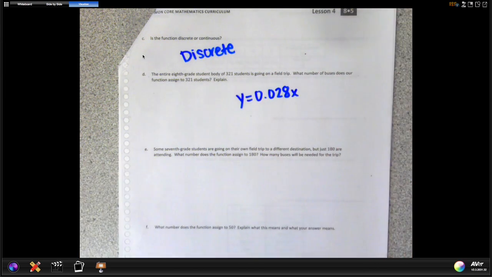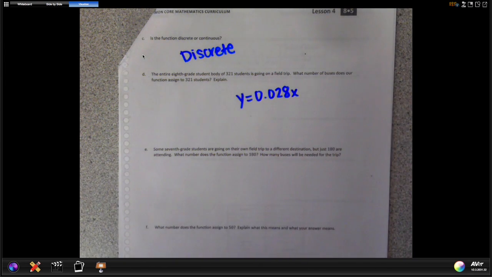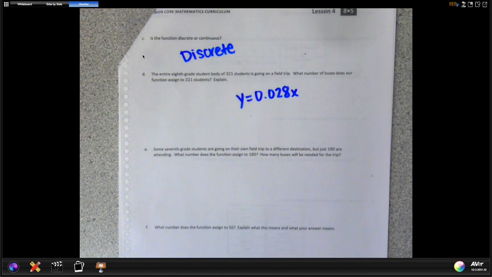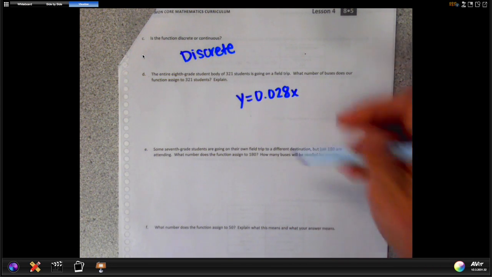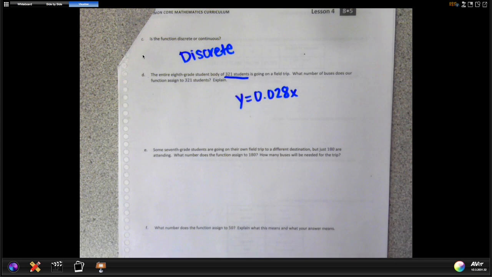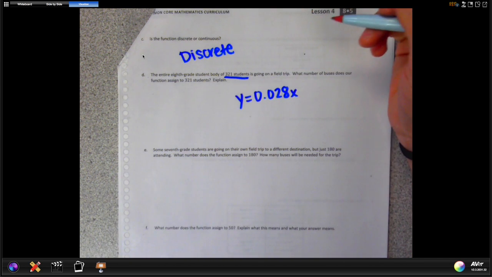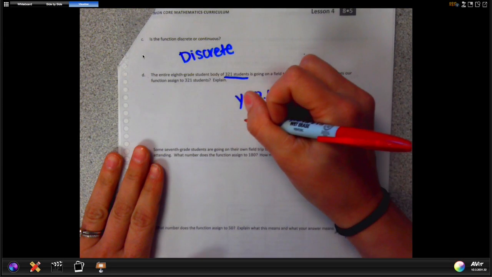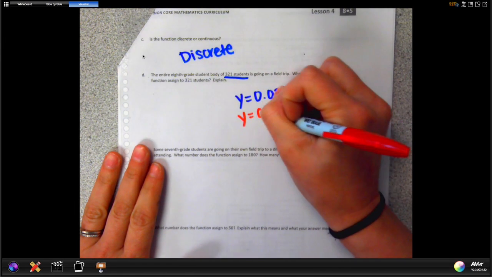It really said plus 0 as well, but I'm going to leave that off because we know that plus 0 is not quite necessary at this point. So 321 students, is that an x value or a y value is what you have to ask yourself. If you look back at the original chart, it will show that students is our x value. So if you plug that in for x,